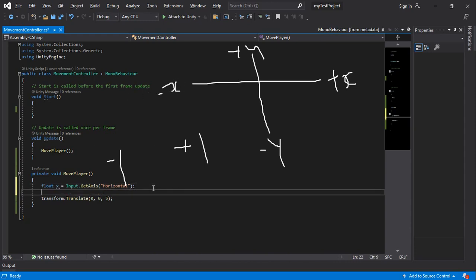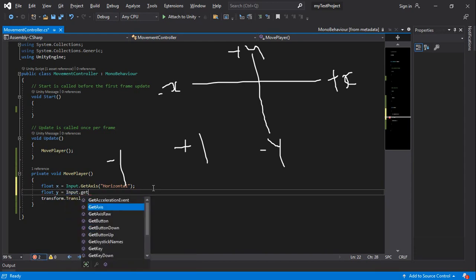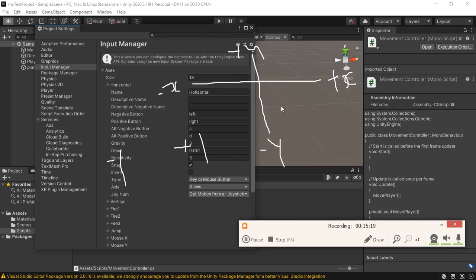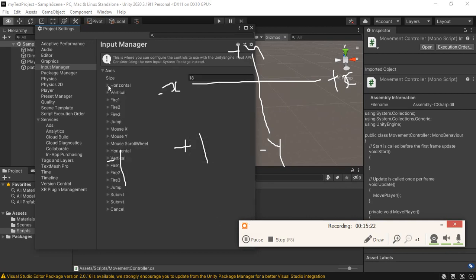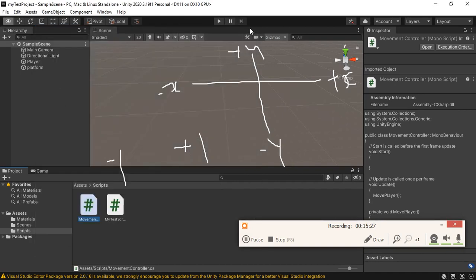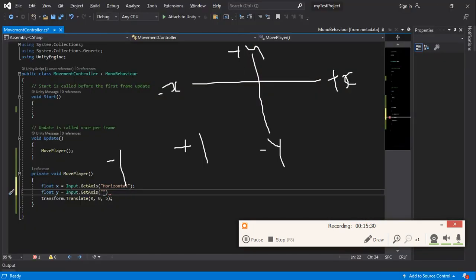So the same thing applies for the vertical axis. I'll create another variable and get the value from it. The same thing applies here. For vertical, it's also named vertical, so you can get the value. Now if you are pressing down on your forward button or your up arrow, this vertical will return +1, so you are moving the